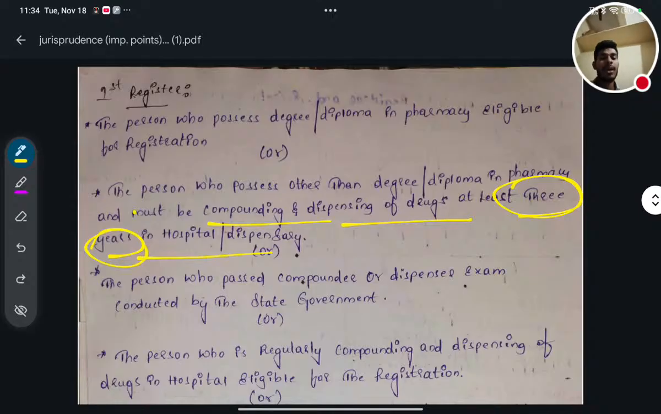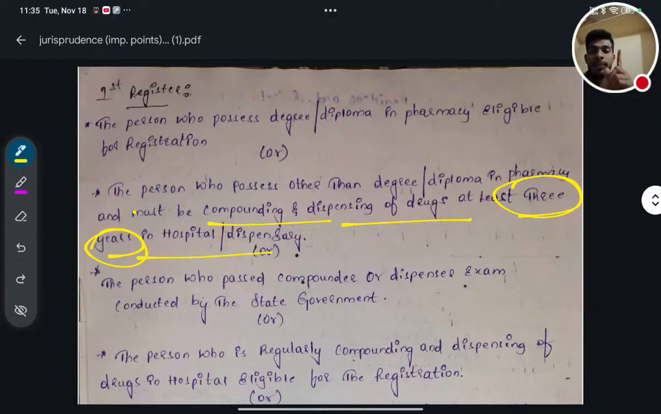So in dispensary, what is done? In dispensary only medicine dispensing is done. Okay, or in hospital also, but compounding is mainly done in different premises, such as a pharmacy or any industry. Okay,